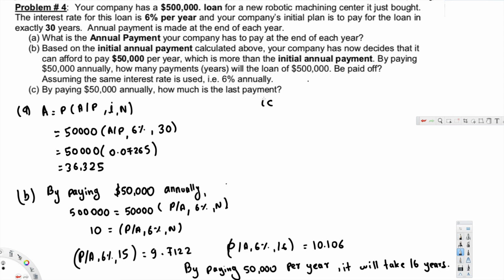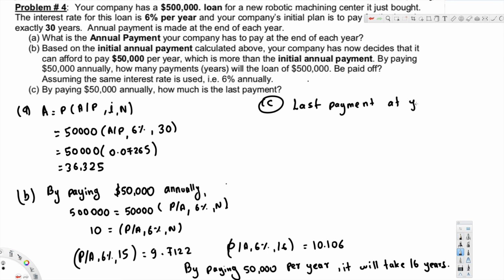C part is, by paying 50,000 annually, how much is the last payment? So the last payment at year 16 can be calculated as